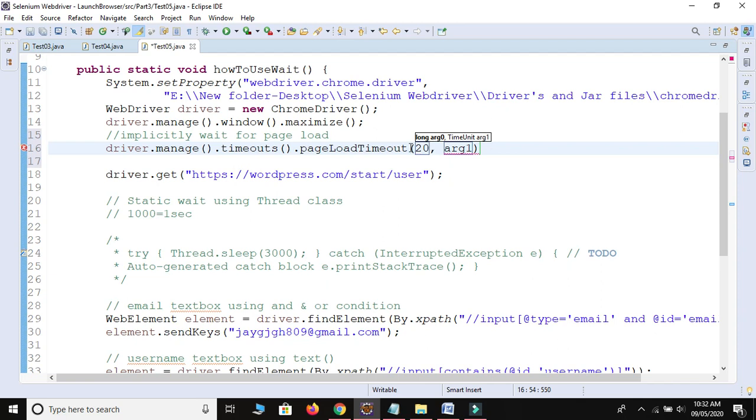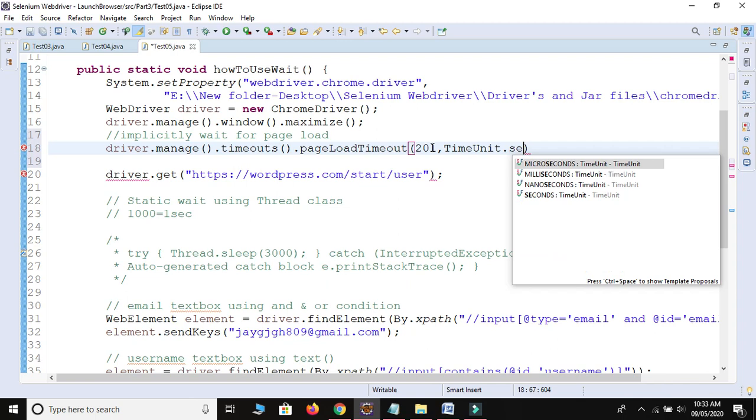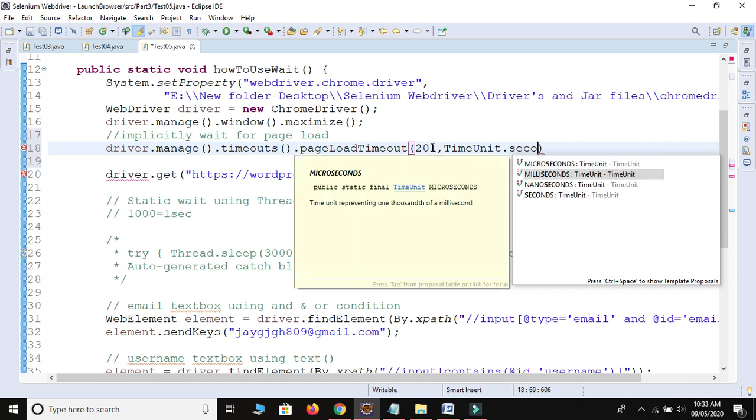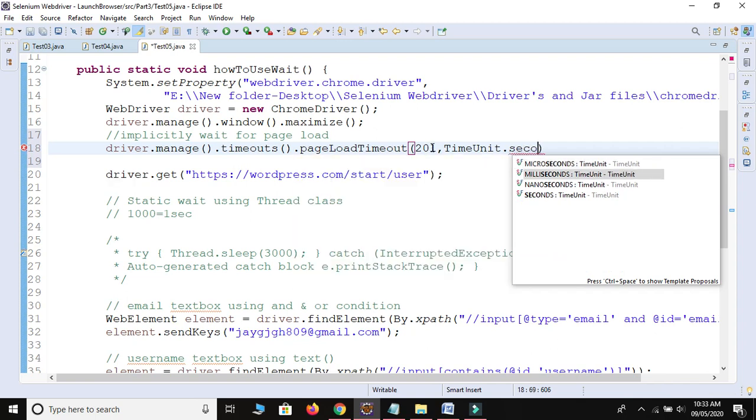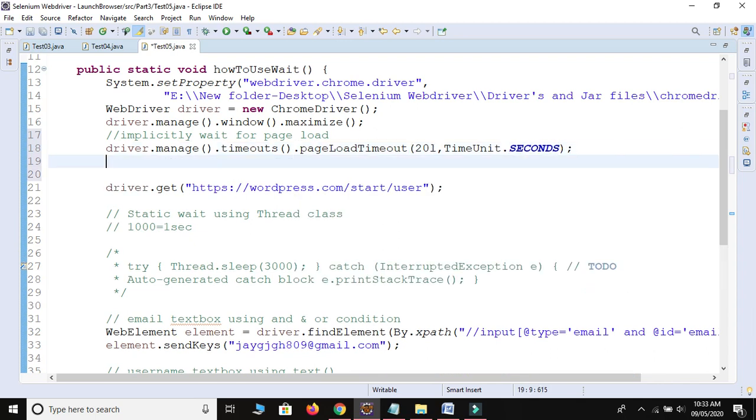It takes data in long format, so we use 20L, and for the time unit we provide TimeUnit.SECONDS.